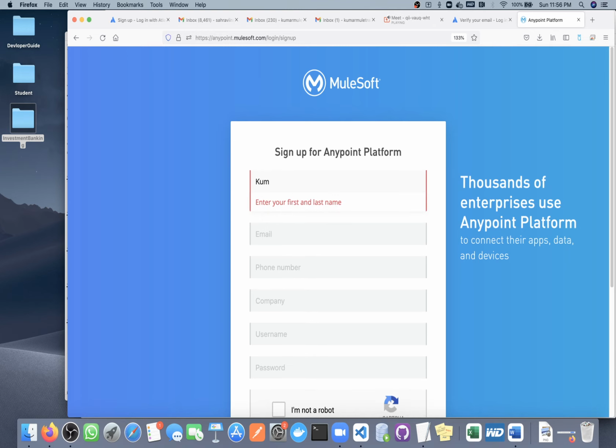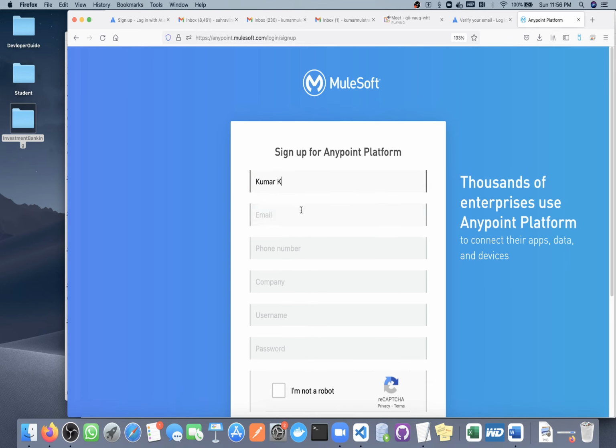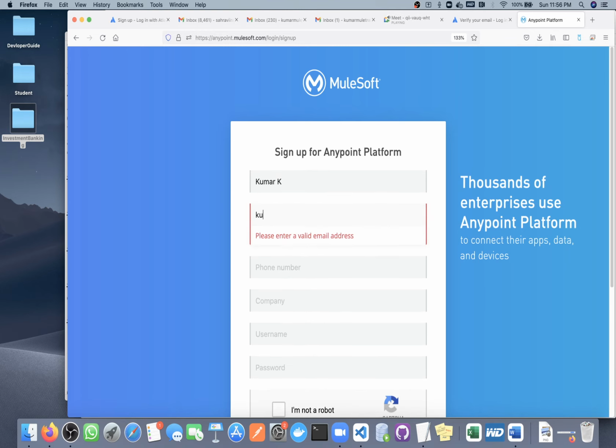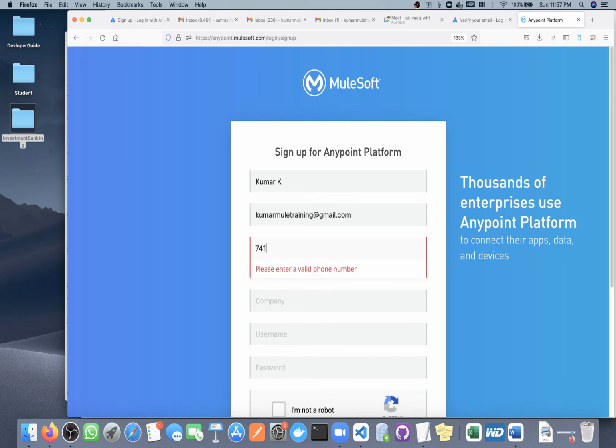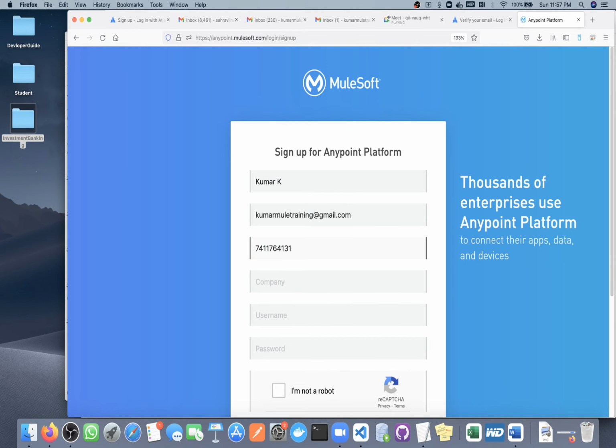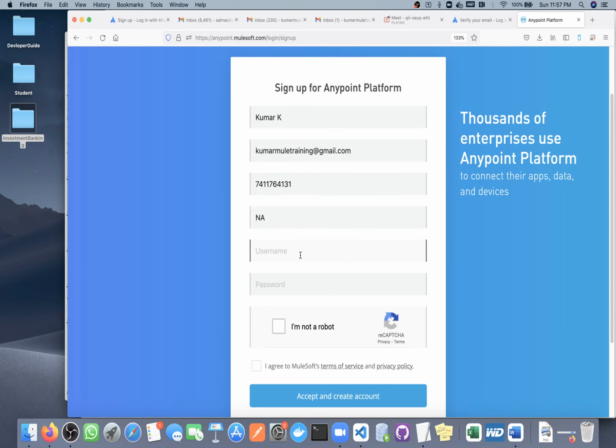So let me provide my details. Then phone number, and company. If you don't want to give one, put any username.